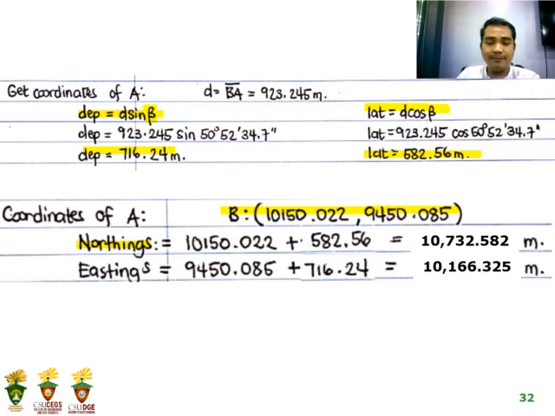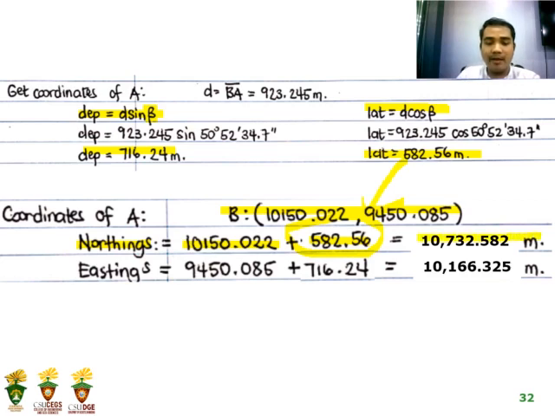is 10,150.022 plus nato ang kaning 582.56, which is ang latitude. Kani siya, latitude. And it will result into a value of 10,732.582